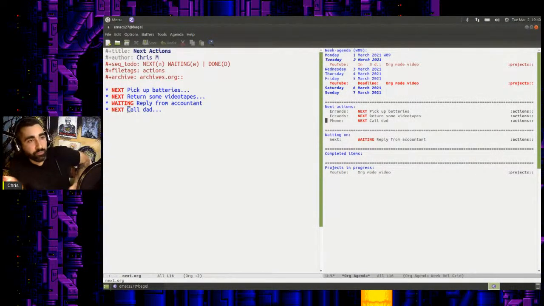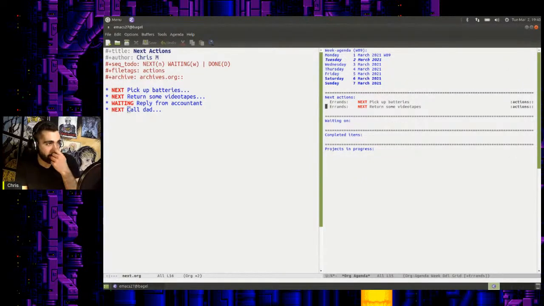So now let's say we had 100 next actions, all with different contexts. We want to focus on one. If I'm leaving the house now and I just want to see my errands, do a less than symbol. So that's shift and the comma key, basically. So now the whole agenda view is only going to show me items that are categorized with the context of errands. So that's important for GTD, because the idea is you're always going to filter by context based on what you're doing. So if you're leaving the house, you want to see errands. If you got your phone and you want to make calls,